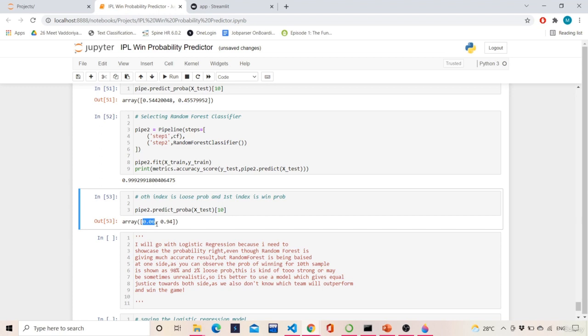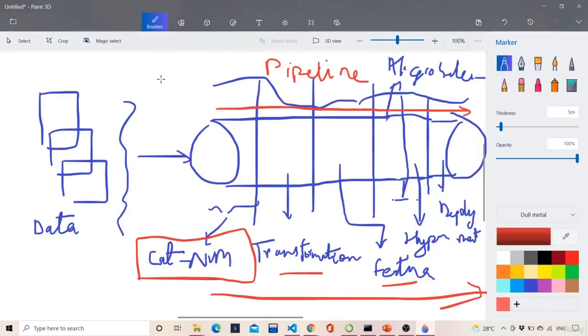Okay. So over here, in comparison with respect to probabilities, I find that logistic regression is good instead of random forest classifier, because random forest classifier is classifying till the extreme end. It is not stopping somewhere. Okay, so basically, if you look at the algorithm of